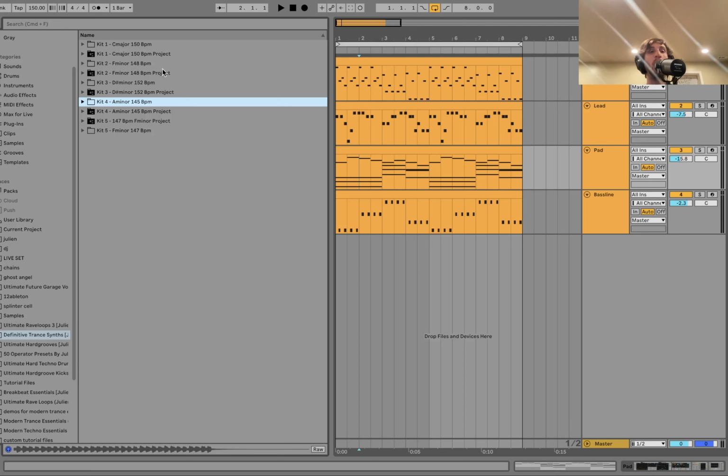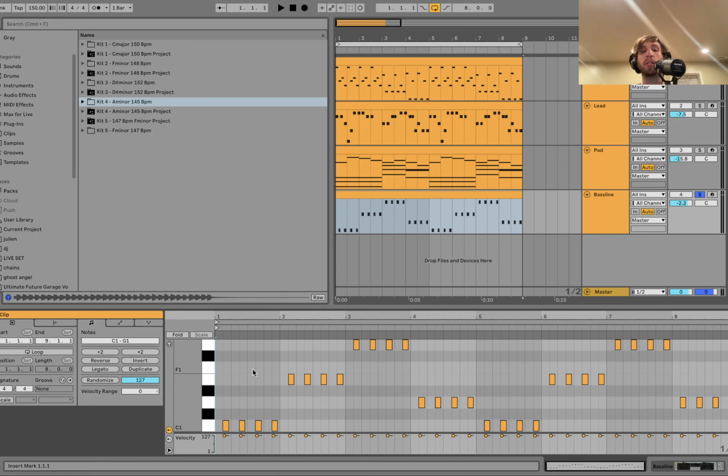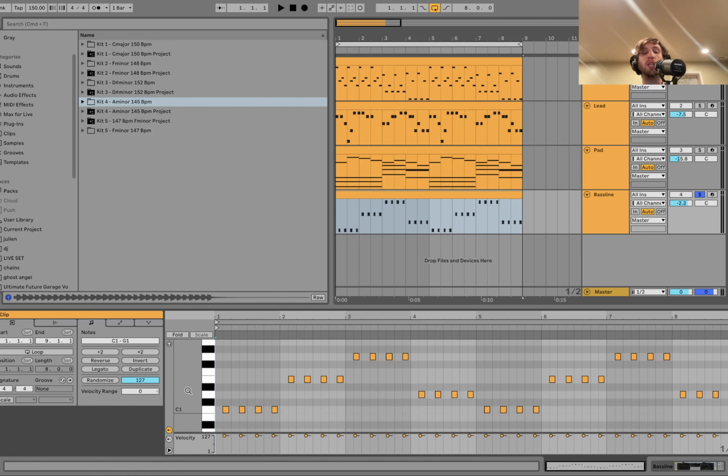And let's get started. Alright, so we're at 150 BPM, and when you're writing these synths, I honestly like to start with the bass line because the bass line is going to define the chord progression, right? And once you have that, you can do all this other cool stuff around it. But you have to have those chords really clearly defined. So what we're doing here,